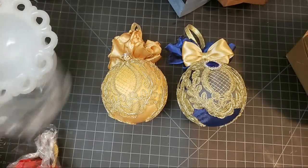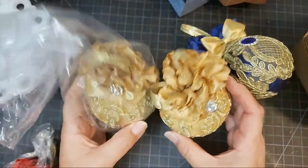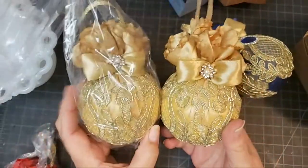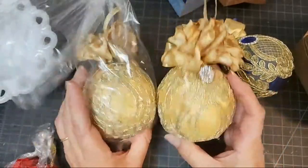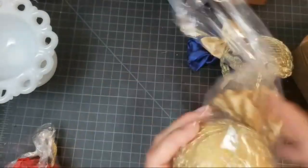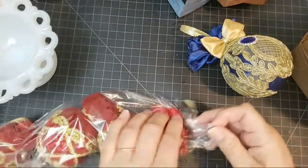Let's see. So there's that gold one, and I ended up with two gold ones. You can see there's two of them, and I made them up close to the same. So these I think came out beautiful after I put everything on them. That's the gold, they're all done. And then I have the red. And the red ones